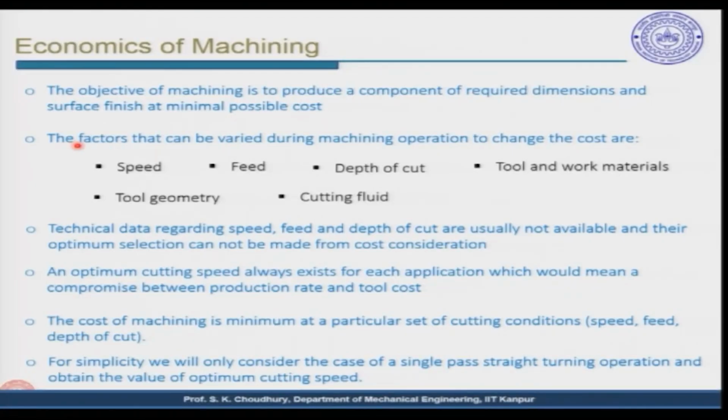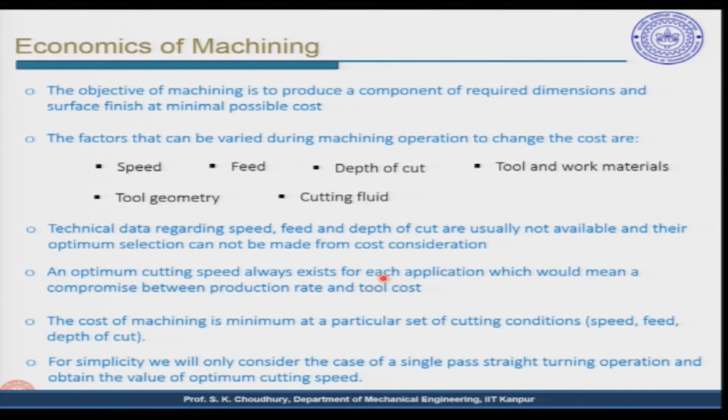The factors that can be varied during the machining operation to change the cost are speed, feed, depth of cut, tool and work material, tool geometry, and cutting fluid. This we have discussed. Now, the technical data regarding speed, feed and depth of cut are usually not available, and their optimum selection cannot be made from cost consideration only. Now, an optimum cutting speed always exists for each application, which would mean a compromise between production rate and